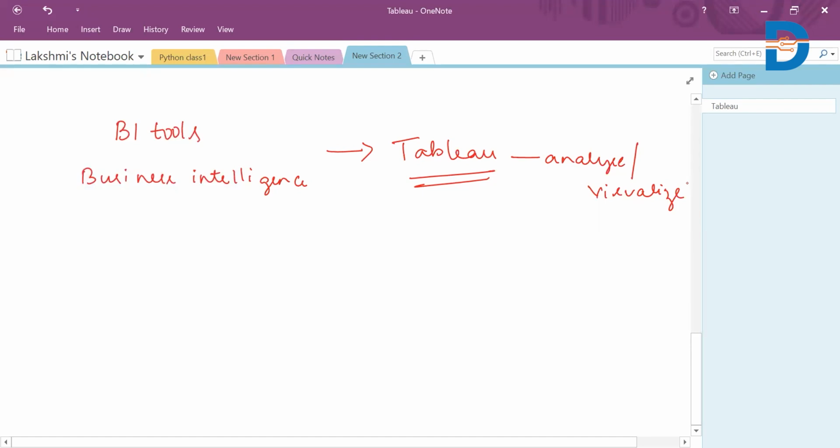So what is our understanding? A massive amount of data gets generated. In order to get any insight from the data, we need to analyze it. For me, to analyze with the help of visuals or graphs is much easier. That's where people shifted to these business intelligence tools, and one of the powerful business intelligence tools is Tableau. Let's get introduced to the environment of Tableau.